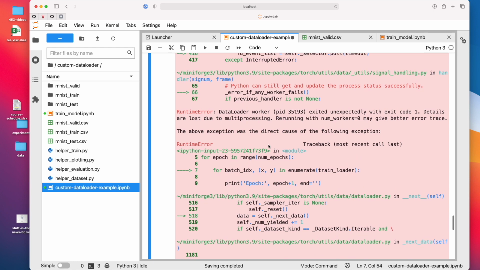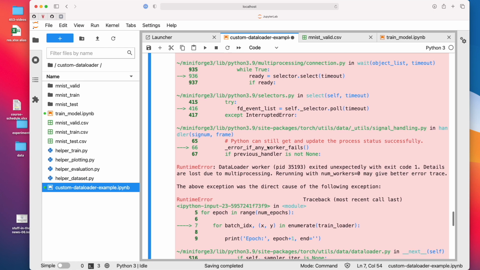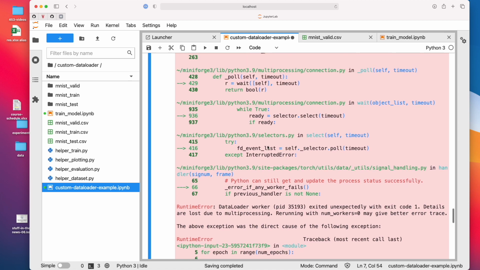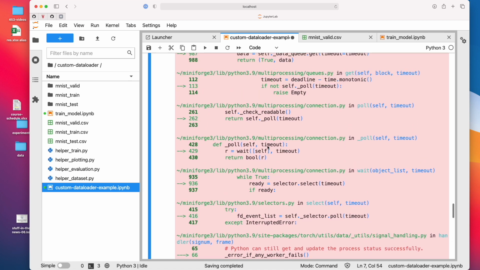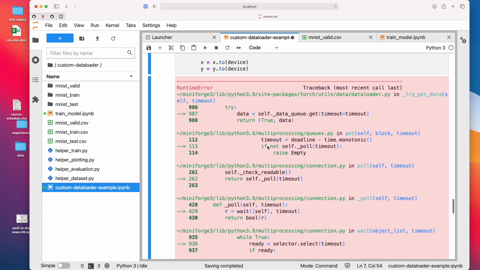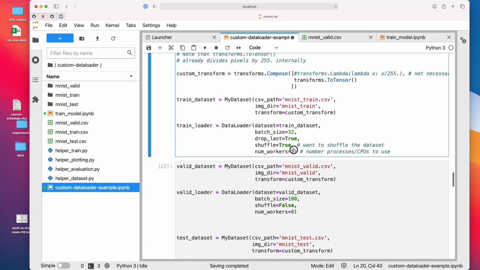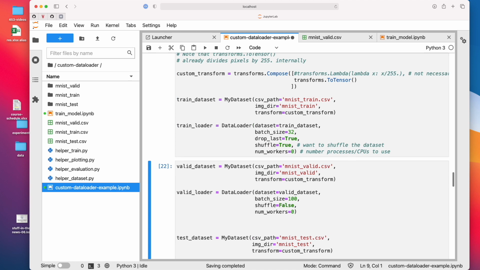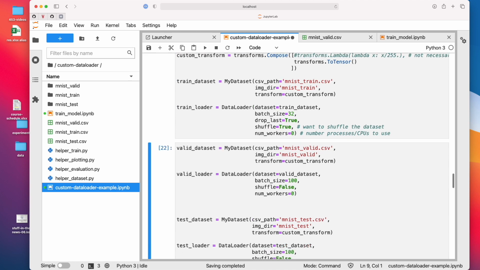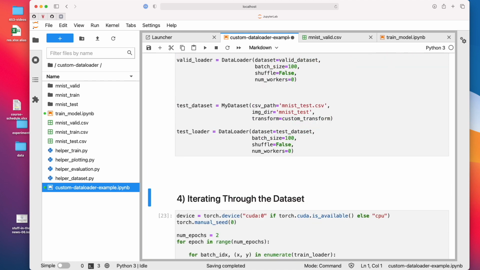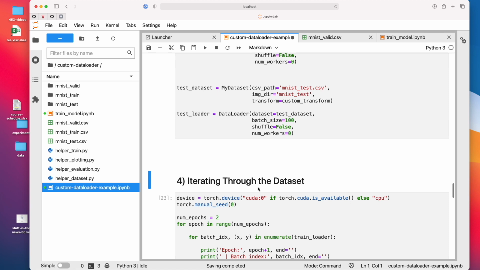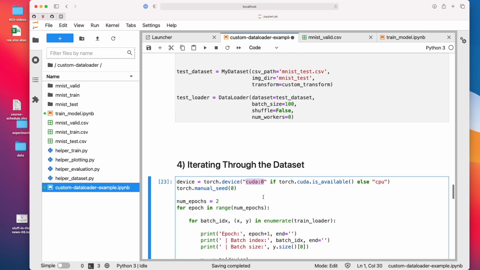It doesn't say so explicitly, because the weird thing is I don't get this error when I run this on data sets that are not MNIST. There's something about MNIST. I think MNIST is just too simple. It's a little bit weird, to be honest. Also, I can't remember in the past getting this error, but anyways. Could also be my computer, because I compiled PyTorch from scratch, but I also get this error on my other machine, so